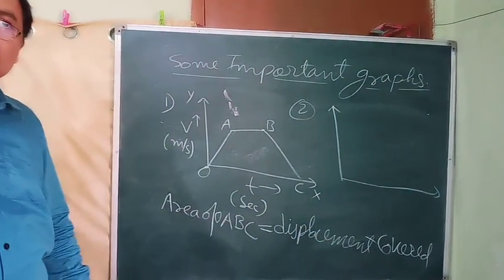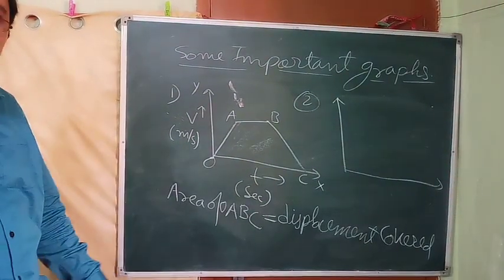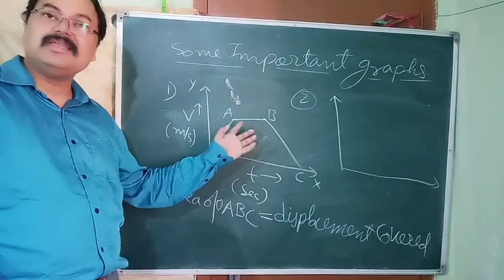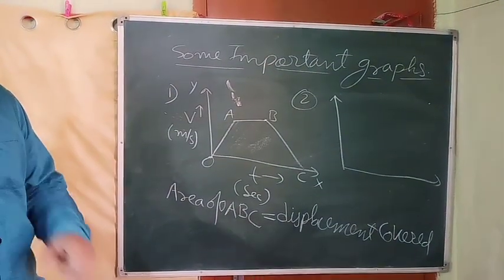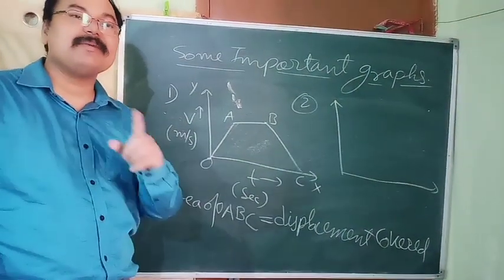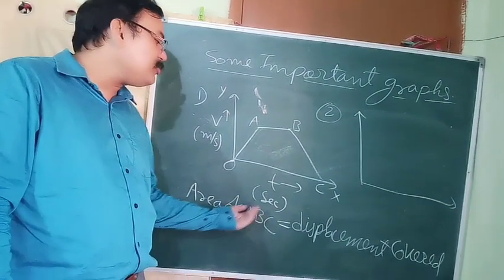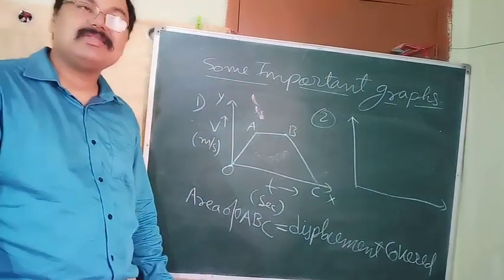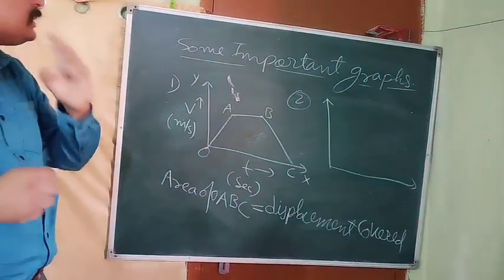Okay. So if you get a velocity-time graph like this and you are asked to find the displacement, then what you will do is just find the area, and the value of the area is equal to the displacement covered. But remember, area has the unit meter square. Don't write meter square. Write the unit of displacement, because the numerical value of this is equal to displacement. That doesn't mean that area is equal to displacement. Clear?